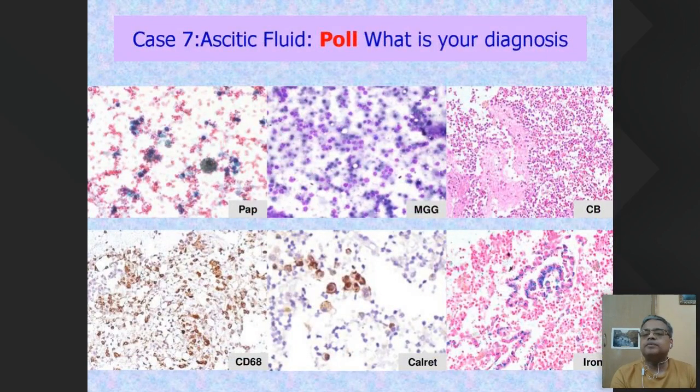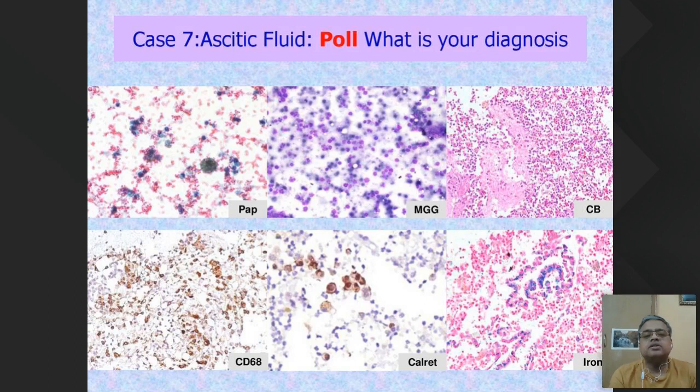So here again we need a poll. So let's start the case 7 poll. Which is showing, what does it show? Here we have